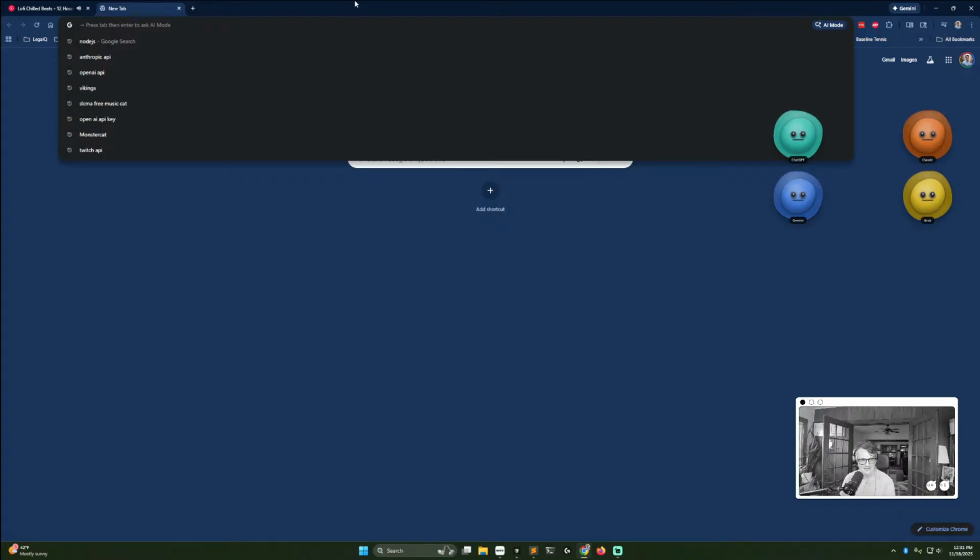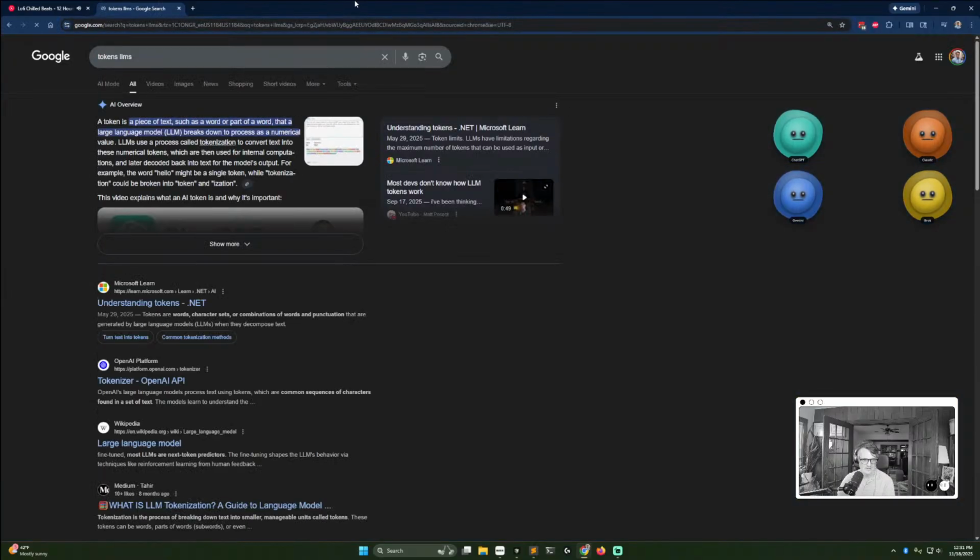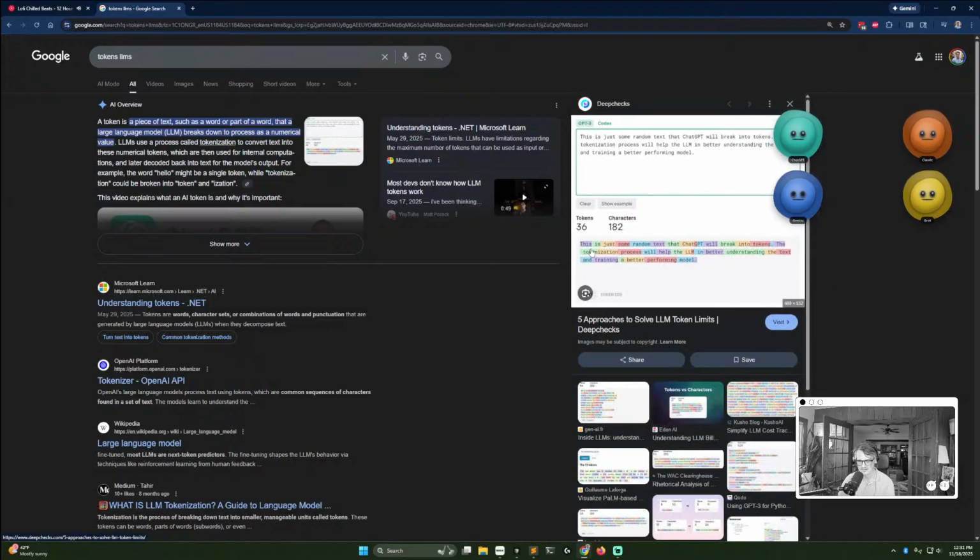But basically, tokens, LLMs. So a token is a piece of text, right? It's just like a chunk of text. So it doesn't necessarily match a specific word all the time. It can, but just think of it as how it breaks text up to communicate with the LLM, right? So you can see here that this sentence has 36 tokens and 182 unique characters in here,